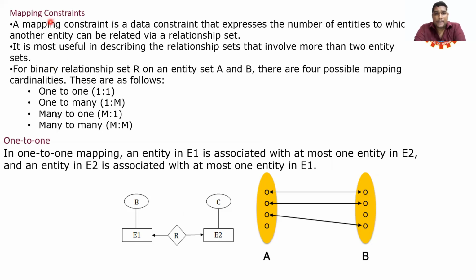So the constraints for mapping are, as we already studied in MFCS, four mapping types: one to one, one to many, many to one, and many to many. One to one means one entity is associated with at most one entity in the second set, and an entity in the second set is also associated with at most one entity in the first. One entity is participating in a relation with another entity at most once. Similarly, this one is also participating in this one. At most one on both sides participates in the relation. This is called one to one.